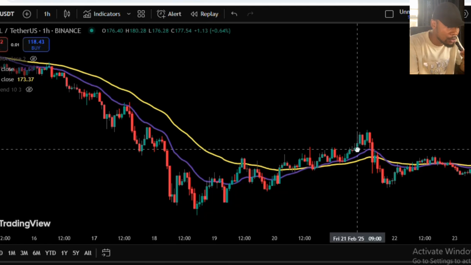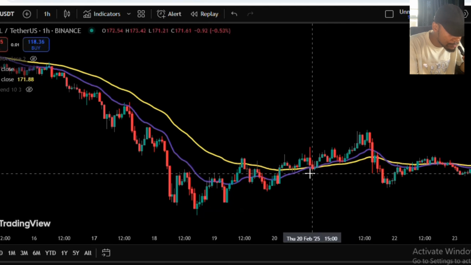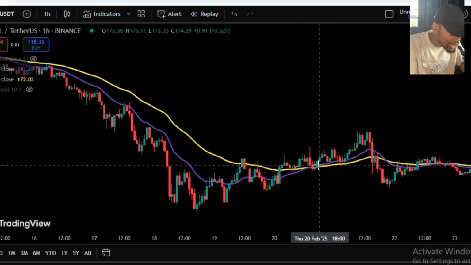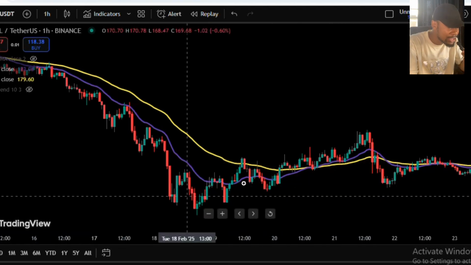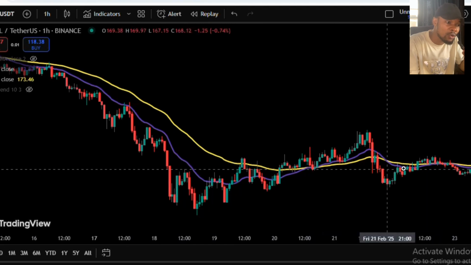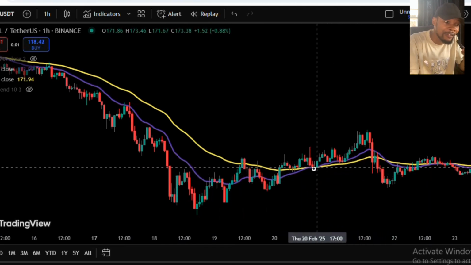Now let's do one more. Now here is another place where we found a cross, and trust me, we would have not entered this trade because I don't see any sign here. I'm going to zoom in. You can see this would have not gotten us anything because it's just flat. But this was a crossover. Somebody would have entered this